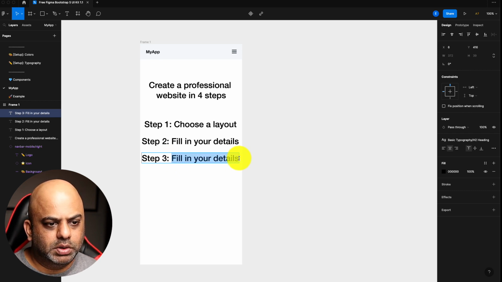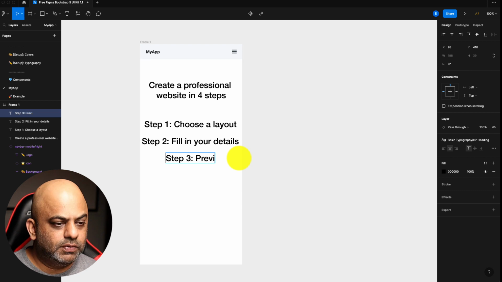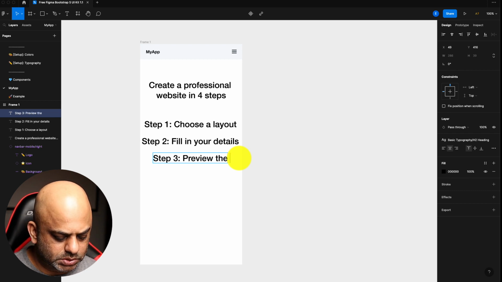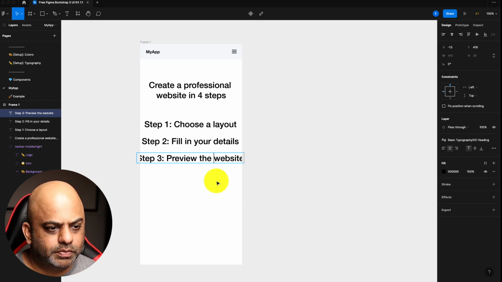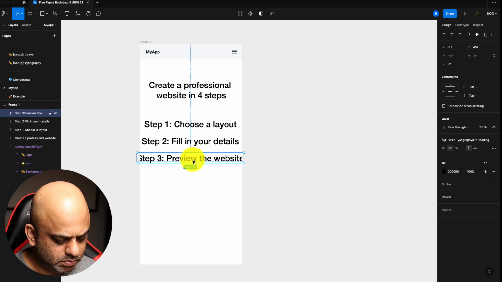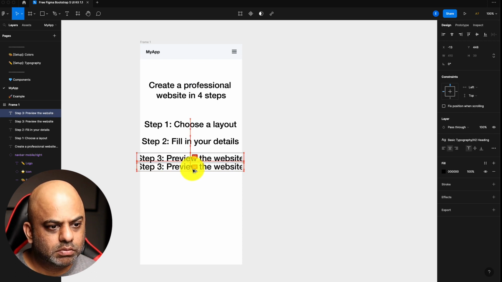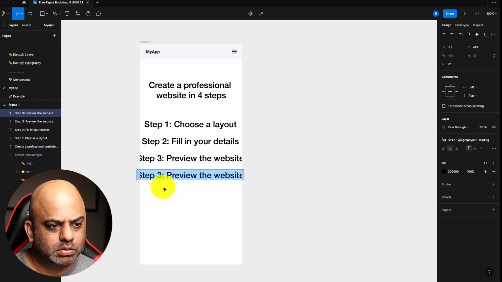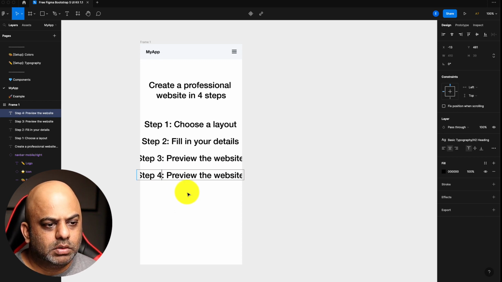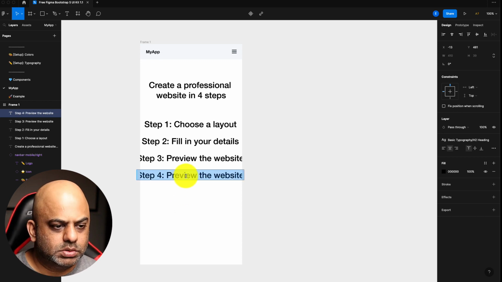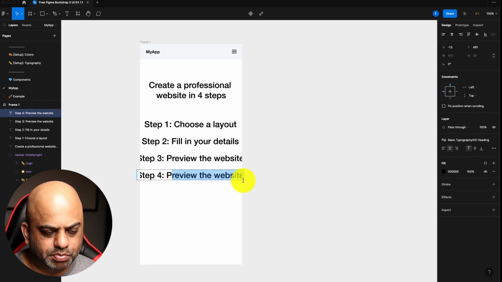Step 3 will be preview the website. And step 4 will be just publishing it.